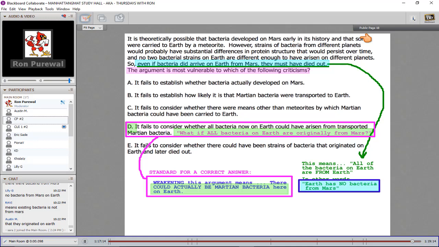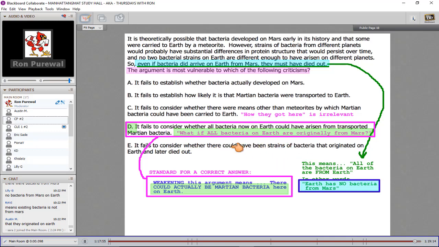The evidence in the passage is just like if you look at all the bacteria, they kind of look like they're from the same place. That's got nothing to do with methods of transit. It could be meteorites, it could be some sort of solar wind, it could be like they came on FedEx from some alien planet. We don't care. They're here or they're not here. Doesn't matter how they got here. So this was the wrong answer that was most picked of the wrong answers, but how they got here is nothing. It's just whether they're here or not.